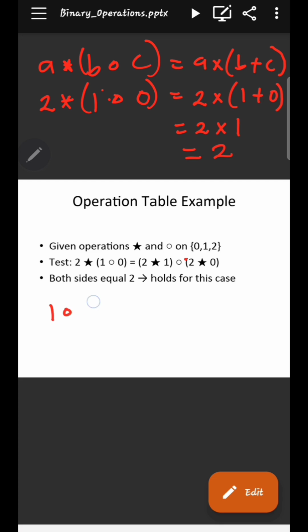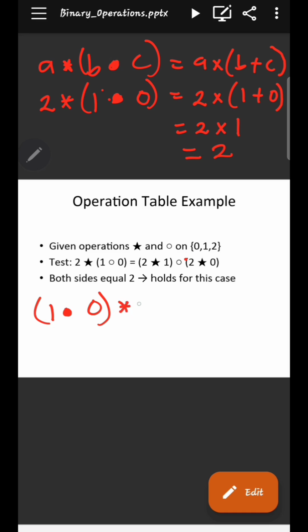1 operation 0. This is operational. This 1 operation 0. Let me shade this one too. So let's note that our operation is shaded. So 1 operation 0